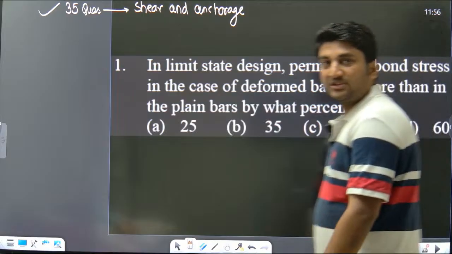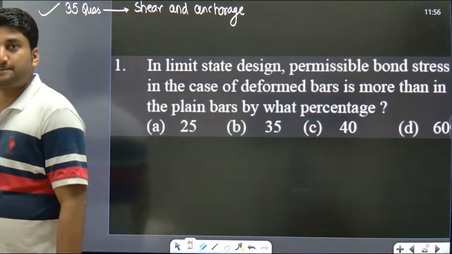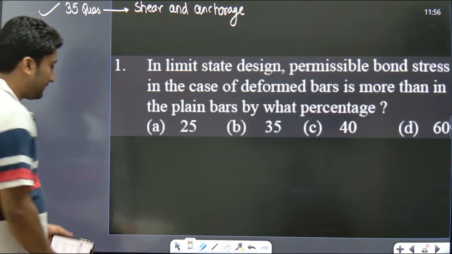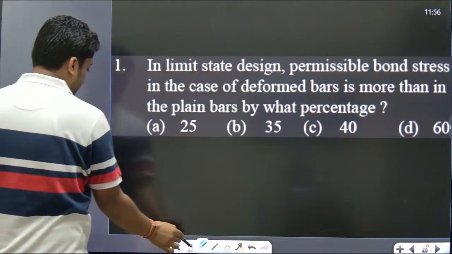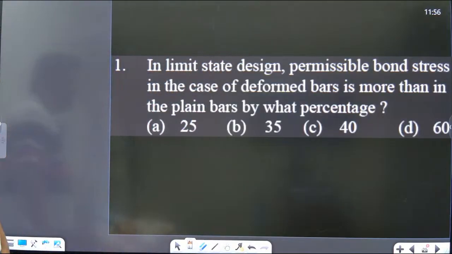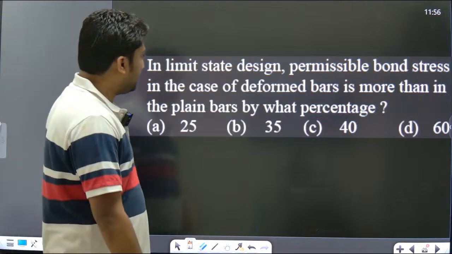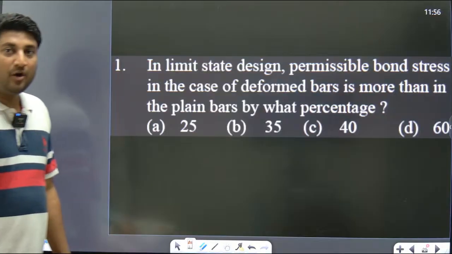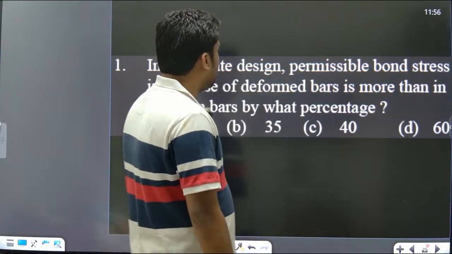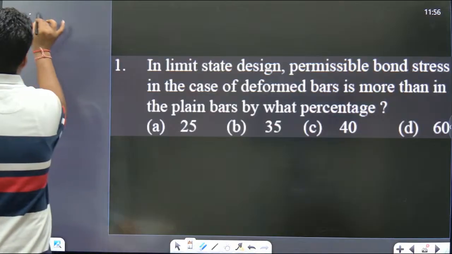Now this is a very good question. In limit state design, permissible bond stress in the case of deformed bar is more than in the plain bar by what percentage? Now, in the limit state design, permissible bond stress, tau BD permissible value,